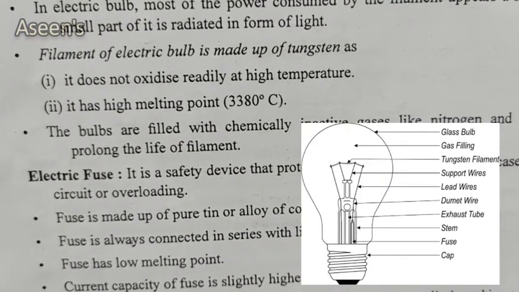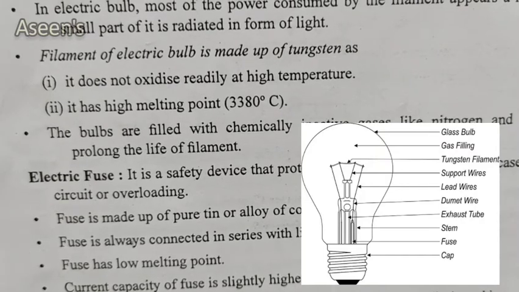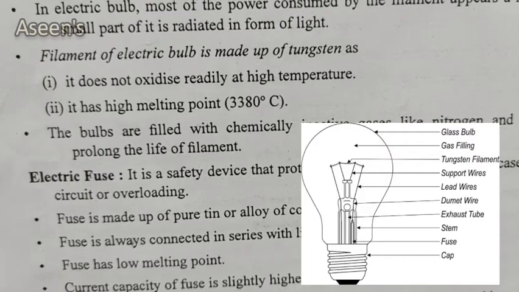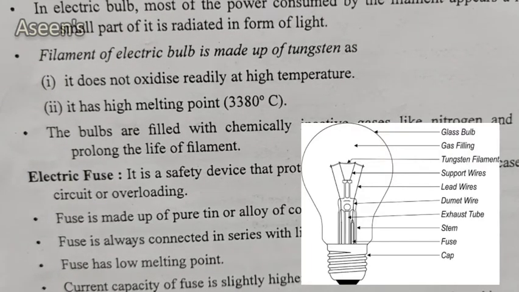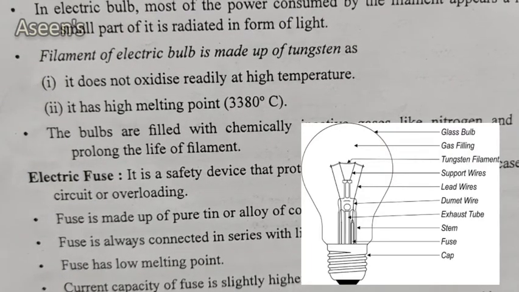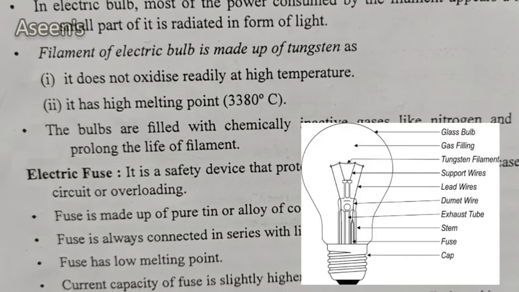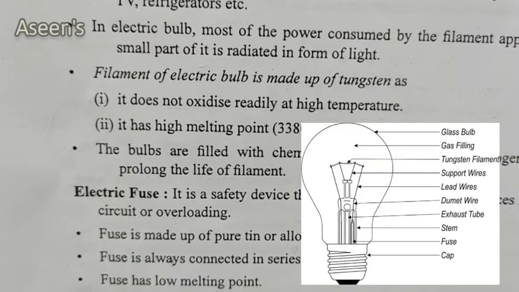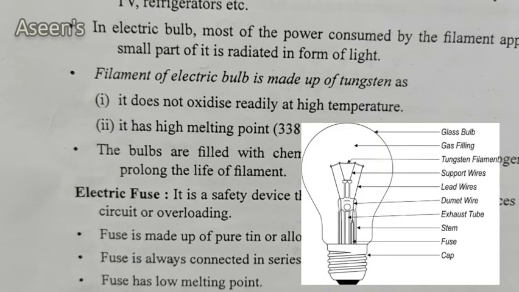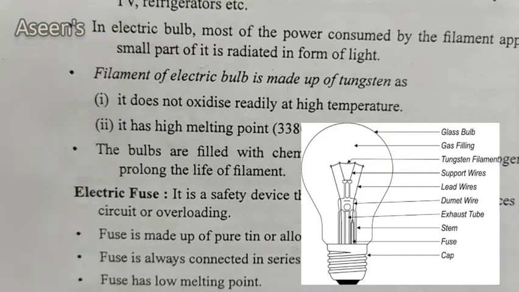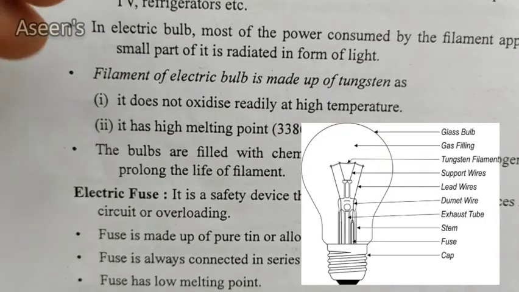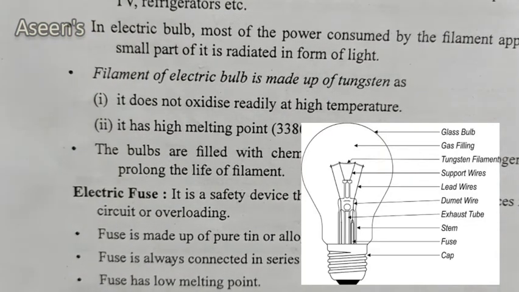Now let's talk about the practical applications of heating effect of electric current. We have got to study 2 things under this, and one is regarding your tungsten bulb, and the other one is supposed to be your electric fuse. So we are going to see about this filament tungsten bulb. Okay, as I said before, the practical application of heating effect is used in the form of your heating appliances, right? Like your electric heater, electric kettle, toaster, oven, etc.